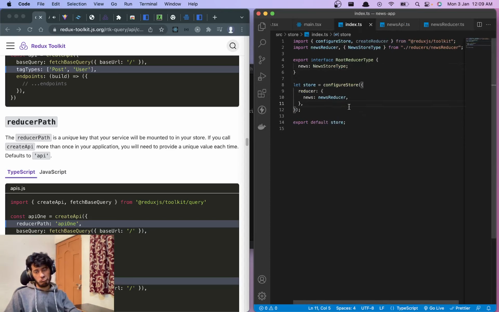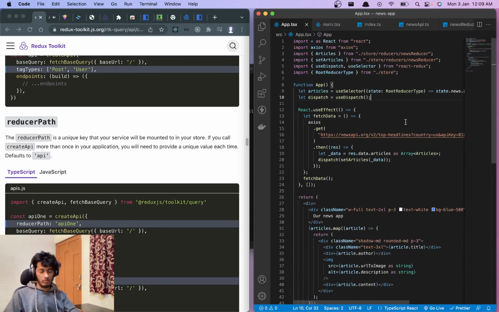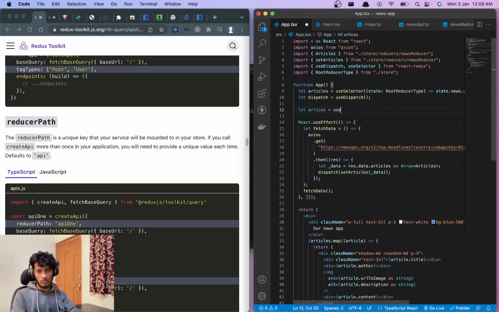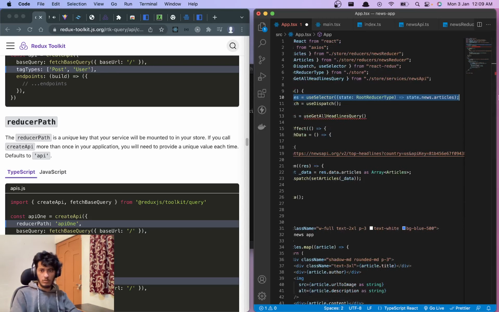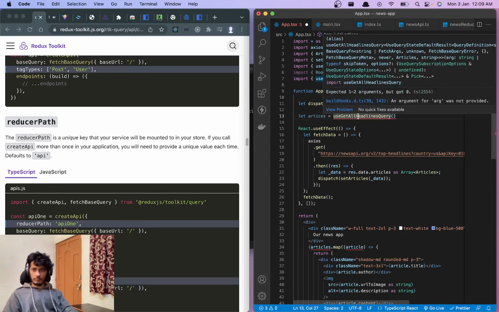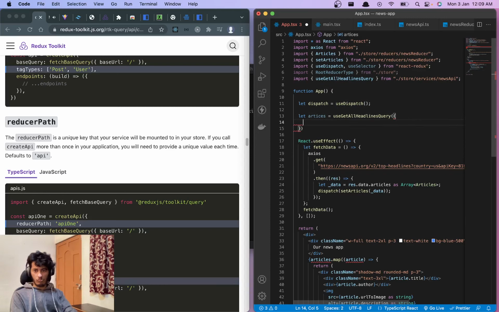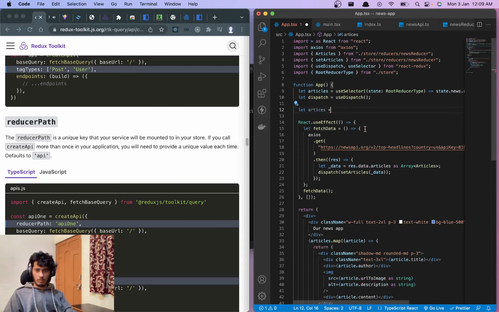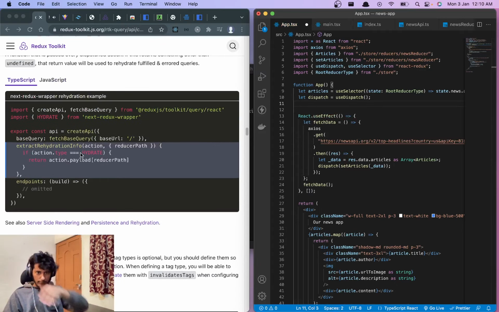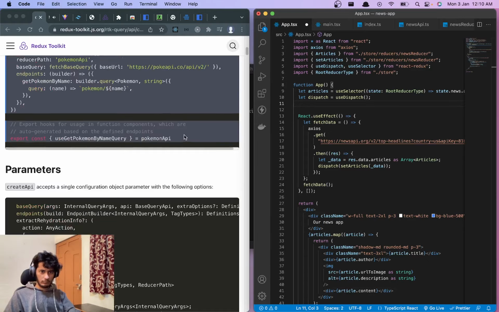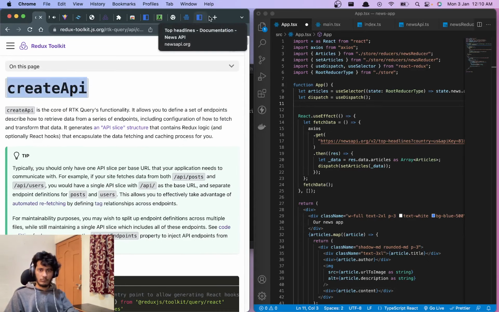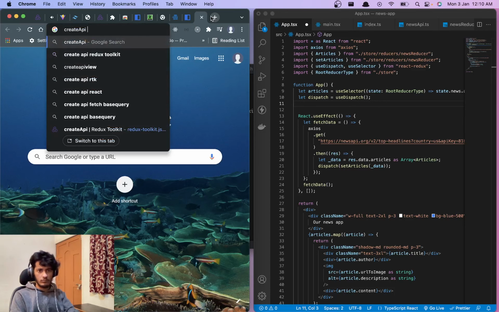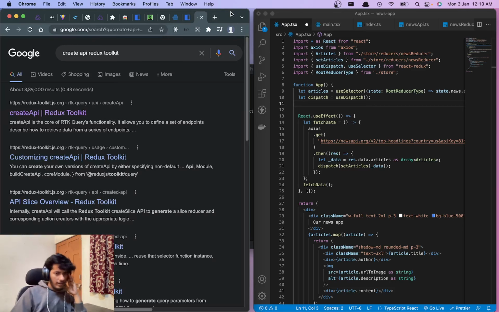I mean, how to use this? Let's see, do we have any other documentation for this as well?